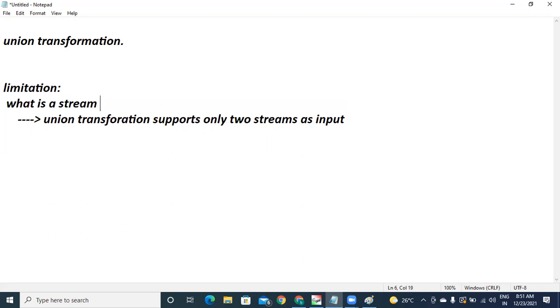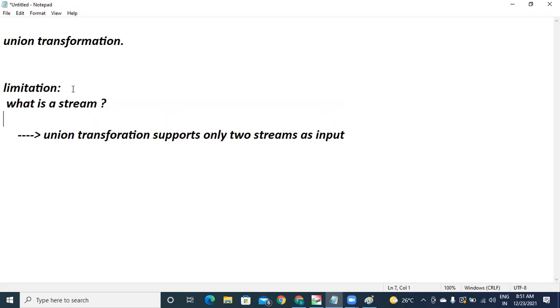What is your answer for this? Not output, don't say output. Output of a transformation. That is called a stream. Got it. So union transformation is supporting only two streams.